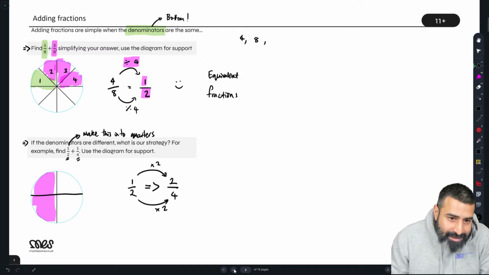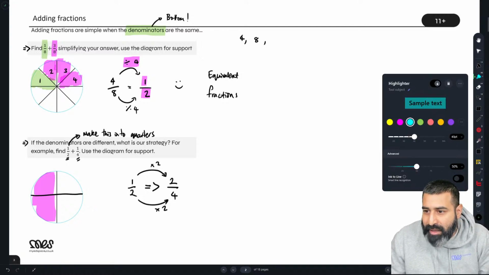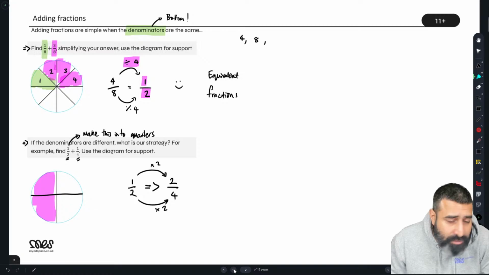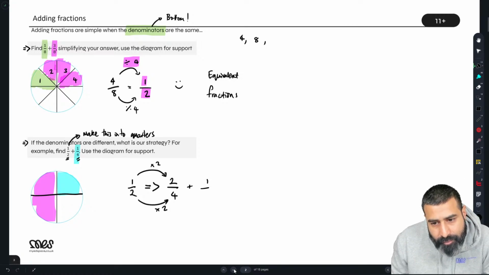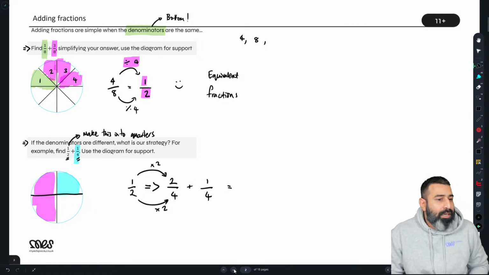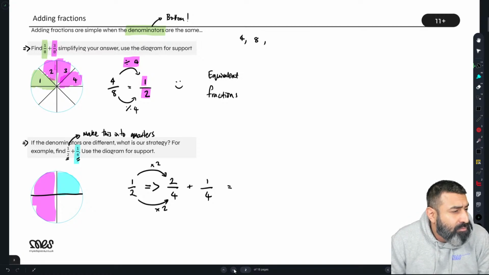Okay, and then I still have to add on an extra quarter, and I'll do that in a different color. So let's do that in this pastel blue. No worries for being late. So here is my quarter that I'm adding on. Now, if I add these two guys up, what do I actually get? Mr. Goody Two Shoes. He's the moderator.